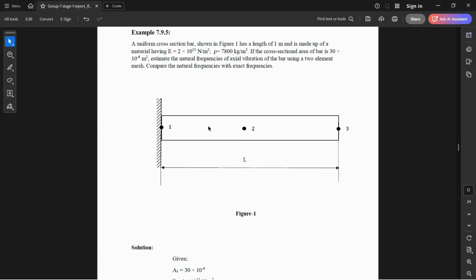The problem shown here has the objective to calculate the natural frequencies and then compare them with the exact frequencies of this bar, which is fixed at one end and free at the other. What they have done is divide the bar into two elements and calculate the frequencies numerically. So we'll be verifying that using Abaqus, and these are the material properties: